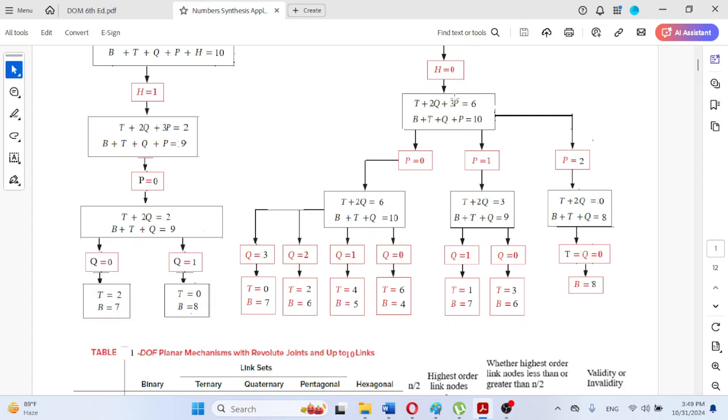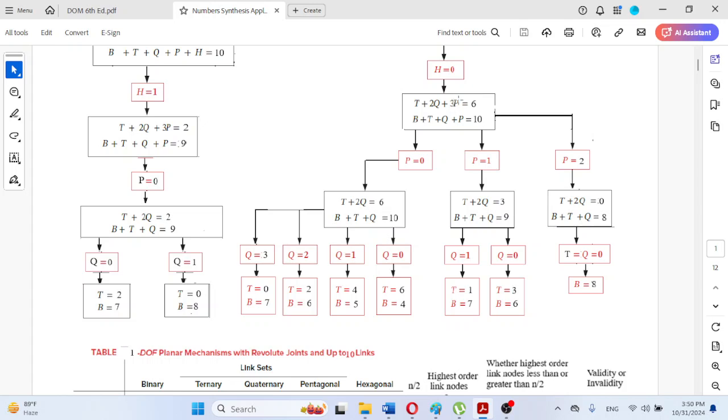So here again we will be starting from the highest order number of links and its lowest count. So the highest order number of link is here the pentagonal link, and the values it can assume here are written: p is equal to 0, p is equal to 1 and p is equal to 2. So p can assume or adopt only these three values, because if p is equal to 3, that means 3